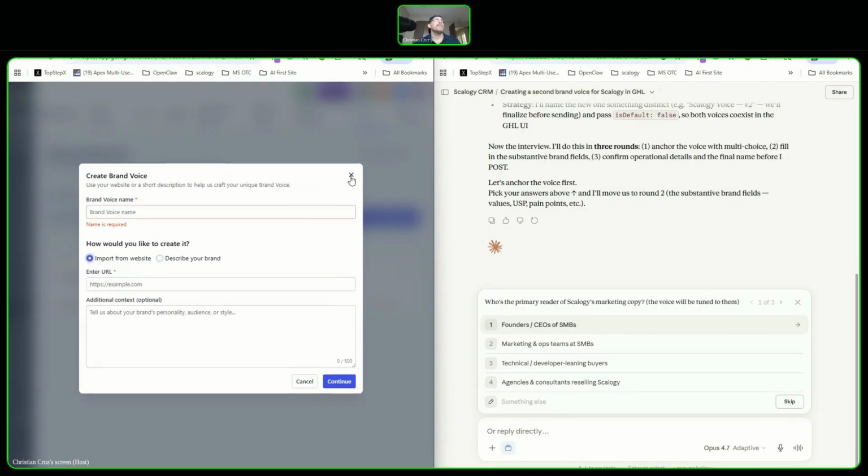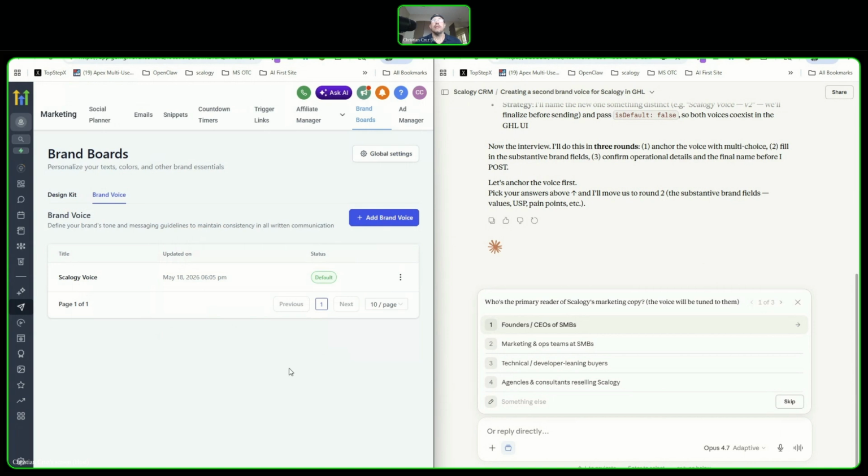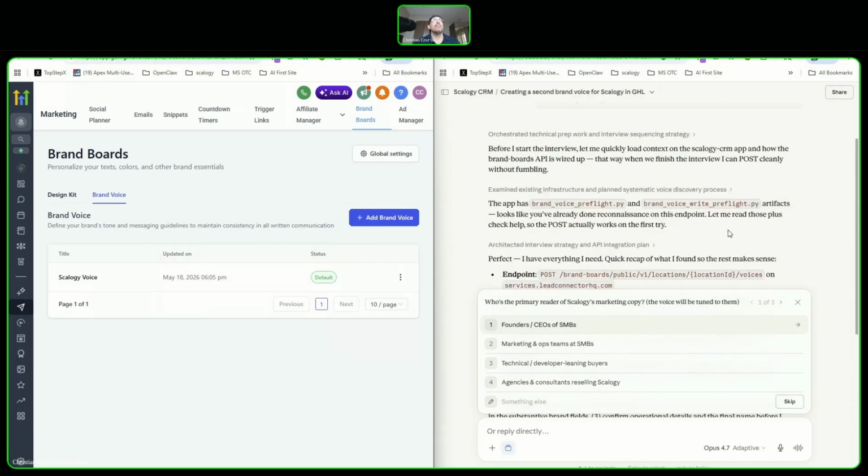Now, what I'm going to do instead is show you how to make this a lot more thorough, a lot more detailed, and a lot more fitted to what your company actually is. The way we're going to do that is we're going to use Claude attached to Scalogy. On the back end, I've already connected the platform Scalogy to Go High Level. And I fed Claude a prompt and I said,